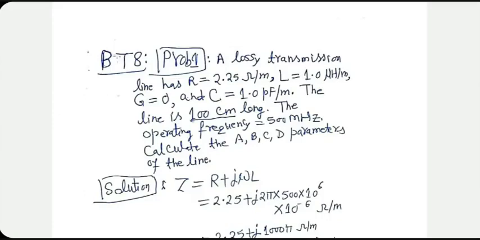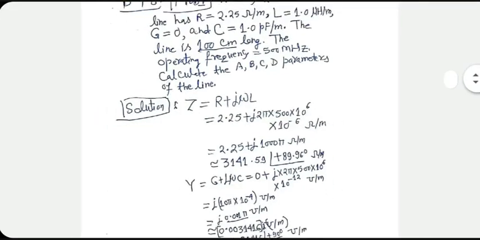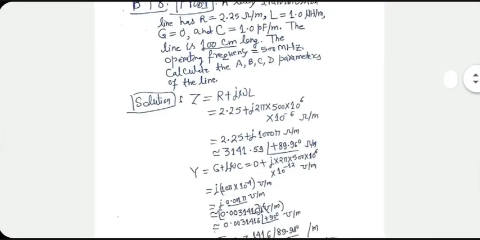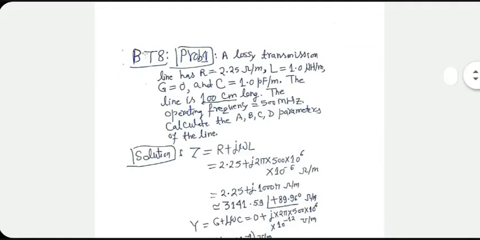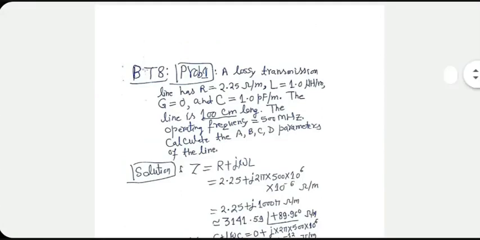So primary constants are given for this line, and they are asking us to calculate ABCD parameters. We have done the derivations. What I want to insist on is that you should also know how to handle the calculations. They are fairly confusing if you are not careful about them. Sadiku also talks about detailed calculations, especially in lossy transmission lines, because hyperbolic functions are involved. You got to be careful about them. Hyperbolic function of a complex number cannot be done on the calculator directly. That is the problem. I'll show you how to handle it.